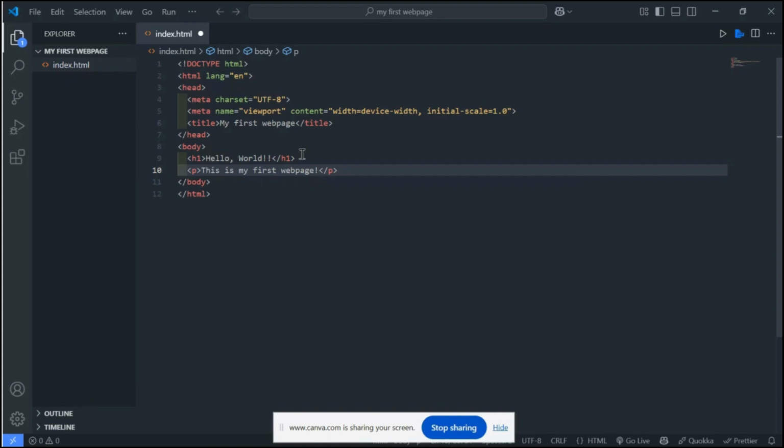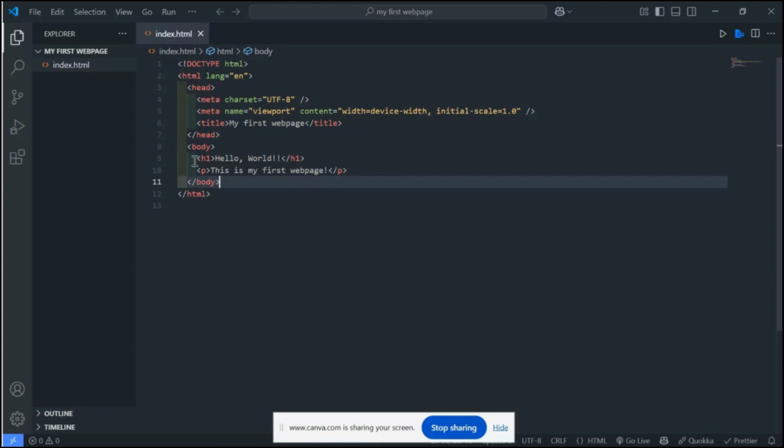Now that this is done, you can save it by hitting Ctrl+S, and you can see that the formatting of this structure has changed. This is due to the Prettier that we installed in VS Code. It formats your work, and you can also give it some space over here and click on save, and you see it automatically realigns with the code that you have written.